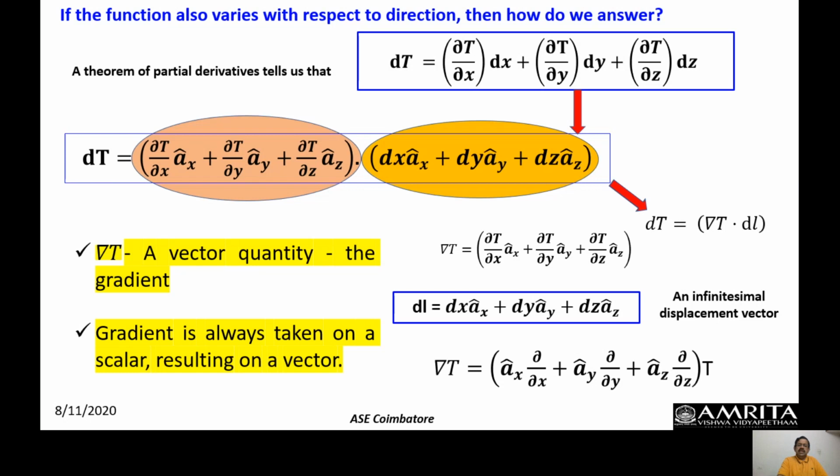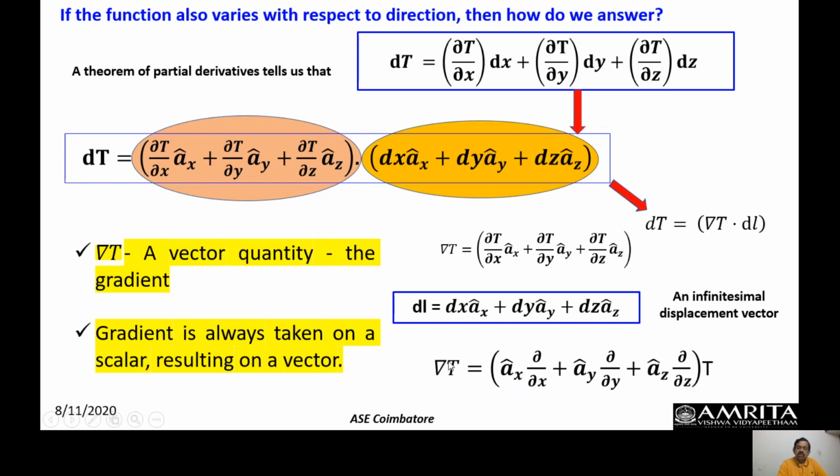Now, the del t, I can rewrite this term. What I have done is bring the unit vector up front before ∂/∂x. The reason I brought all the unit vectors up front before taking the partial derivative with t is that if I write it in this fashion, the derivative is going to be 0, because unit vectors are constant along the x, y, z directions. Therefore, I cannot write it like that. So, for a change, I have written the unit vector first and then ∂/∂x. Okay, so that is what it means.